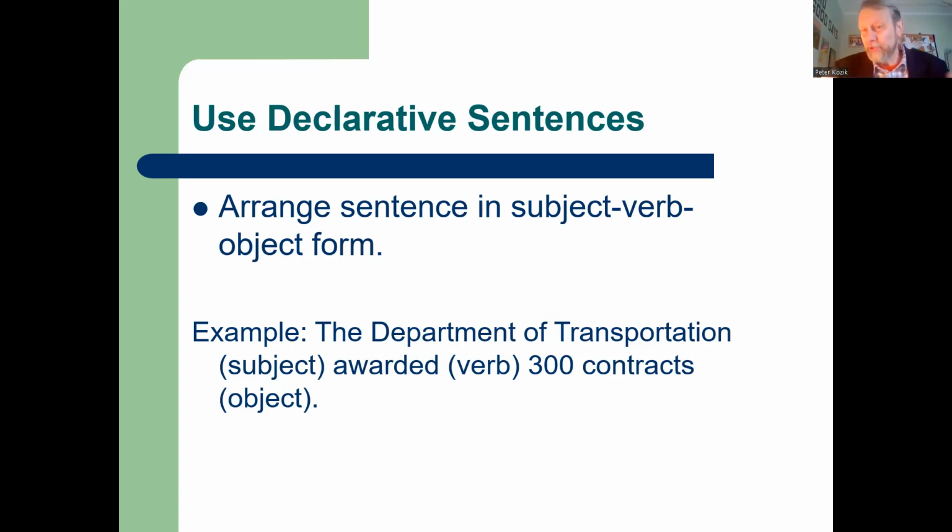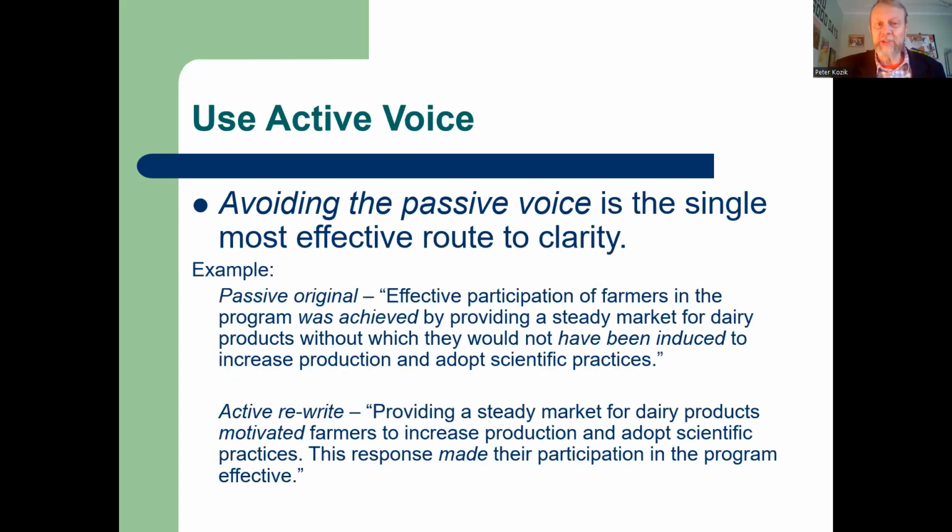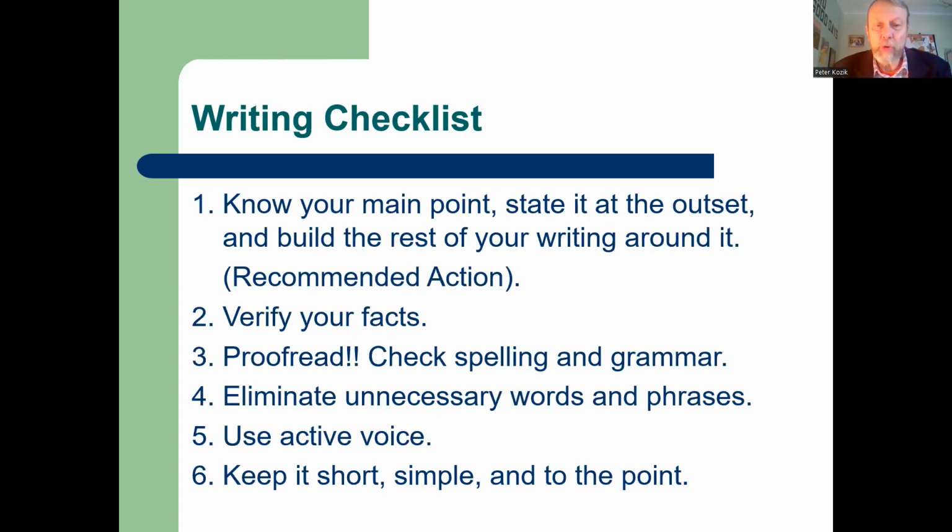And here's an example so that you're maintaining that brevity in your declarative sentences as you're creating your memo. Stay away from the passive voice. You want to write in the active voice. So a good example of a passive voice is right here. If you're saying something is being done by someone, that's weak. That's passive voice. Someone did something is the active voice. Again, stick to that subject predicate balance in your sentences that you create for the memo, and make sure that you include your main point stated from the outset. Build your writing around that main point. Verify what you're going to say. Proofread